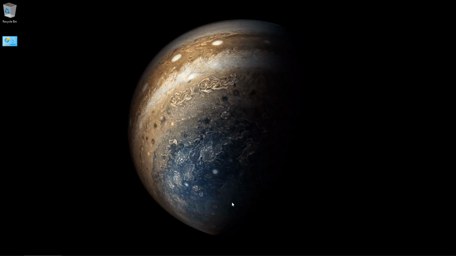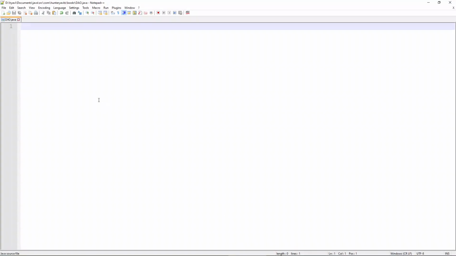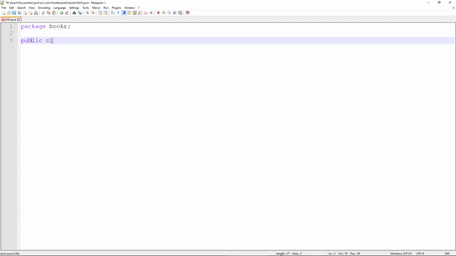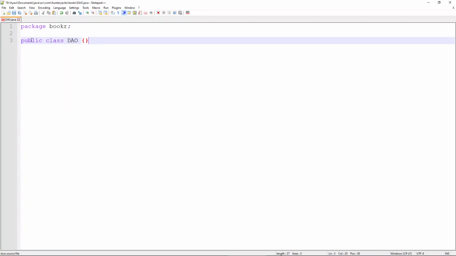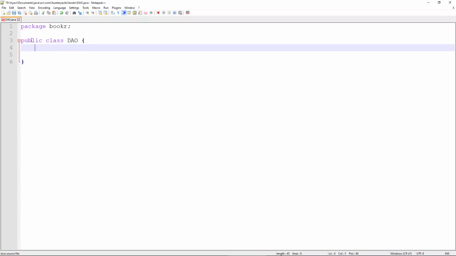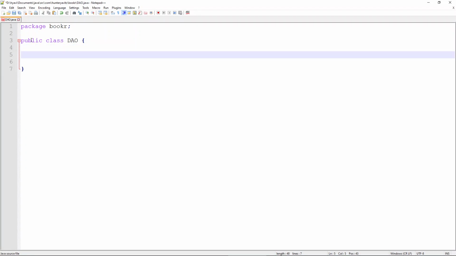And so jumping into the Notepad++ app, we can begin to construct the DAO class. And you see here I have a saved file called dao.java. Let's first ensure that it is properly included in the correct package, and then we'll declare it as a public class called DAO. So in the data access object, we're going to use a design pattern known as Singleton, and